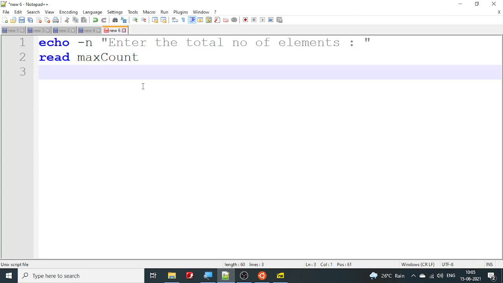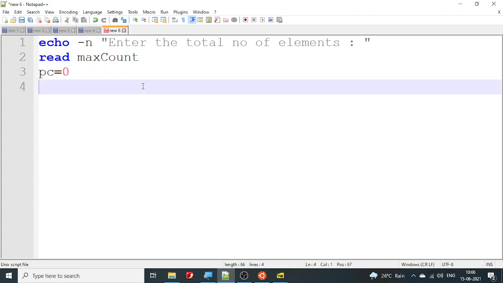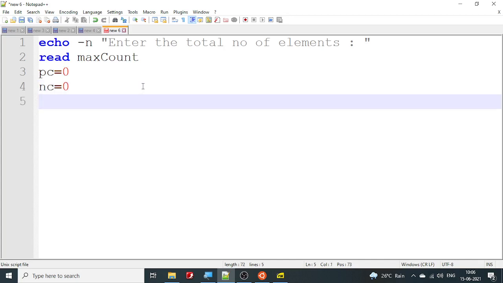I will say positive count, this will be used to count the number of positives. I will initialize it with 0. Negative count, I'm going to initialize it with 0. This I'm going to use for counting. And zero count, that I'm going to use to count the number of zeros which are there.